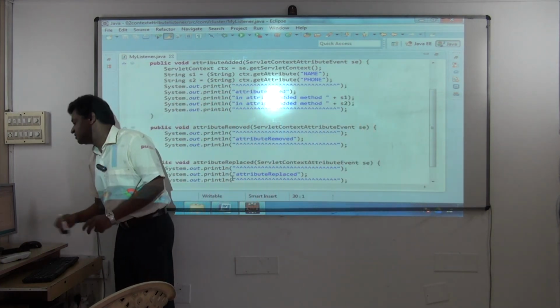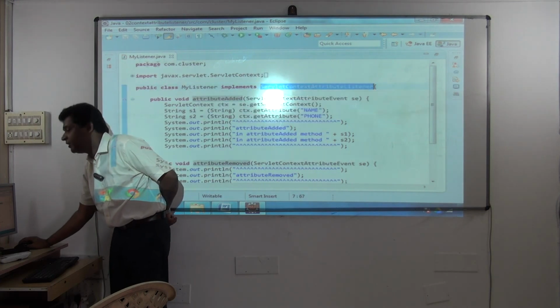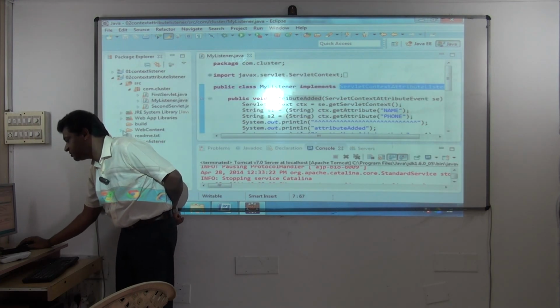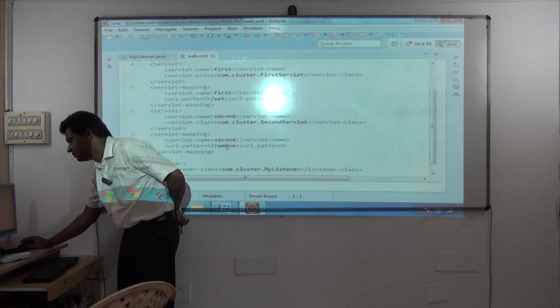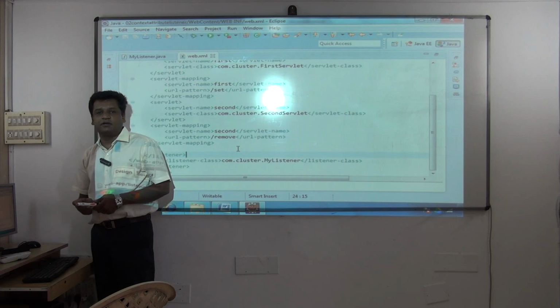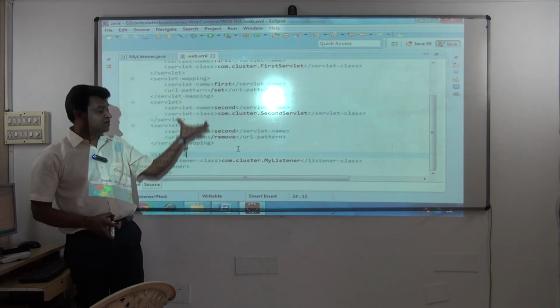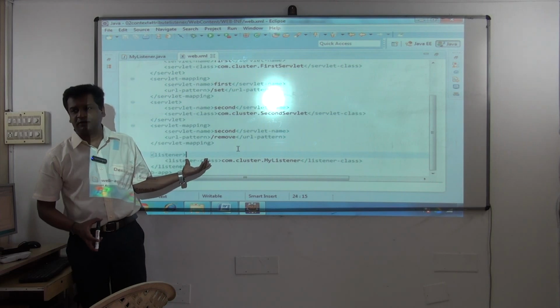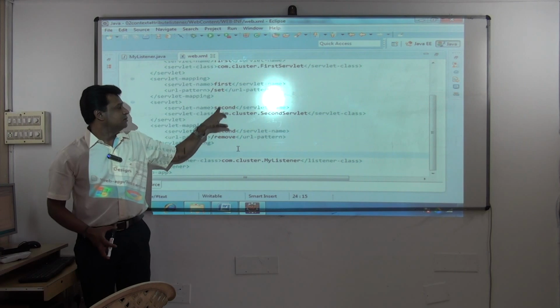So you got the concept now. This is the listener class. Again, what you have to do? You have to write a class implementing it. Next, you have to register it. See this? Understood how to register? When you start the server, the container will parse and read all this information. It knows that if this URL comes as remove, it should execute the second servlet.